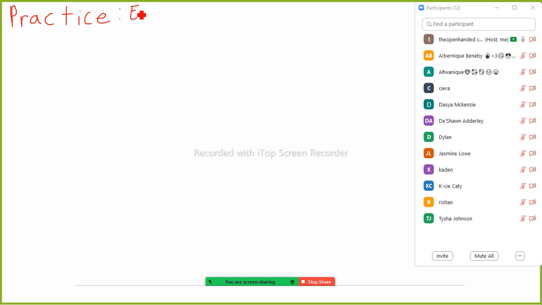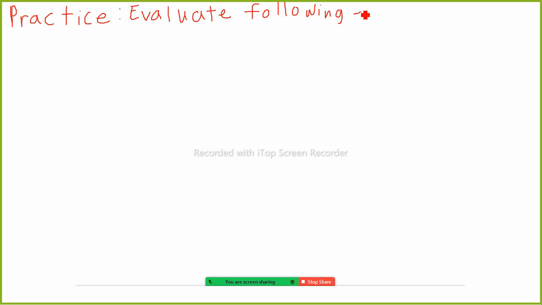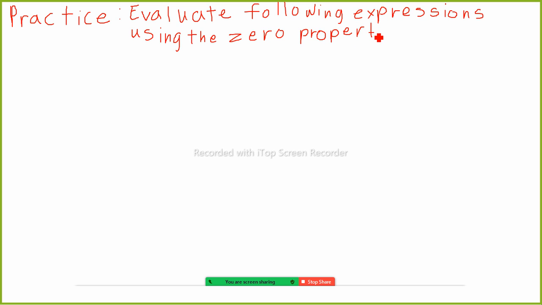Evaluate the following expressions, and use the zero properties that we learned. So evaluate the following expressions using the zero property. All right, so let's begin. So first, question number 1,